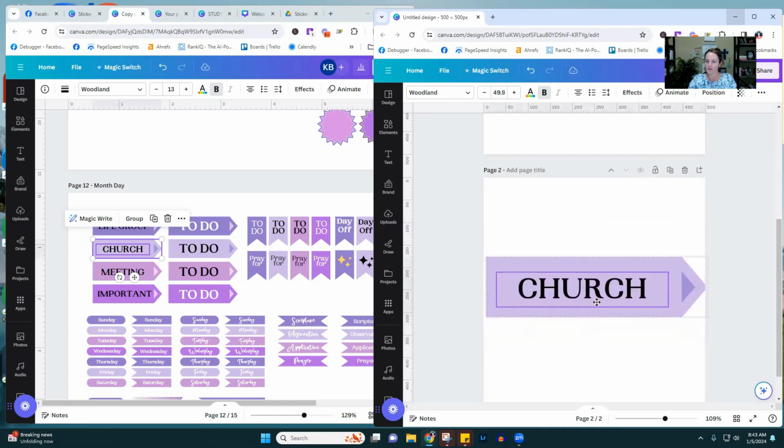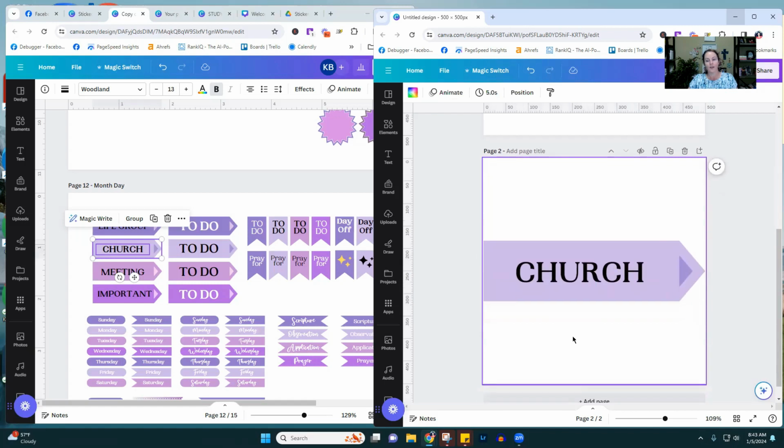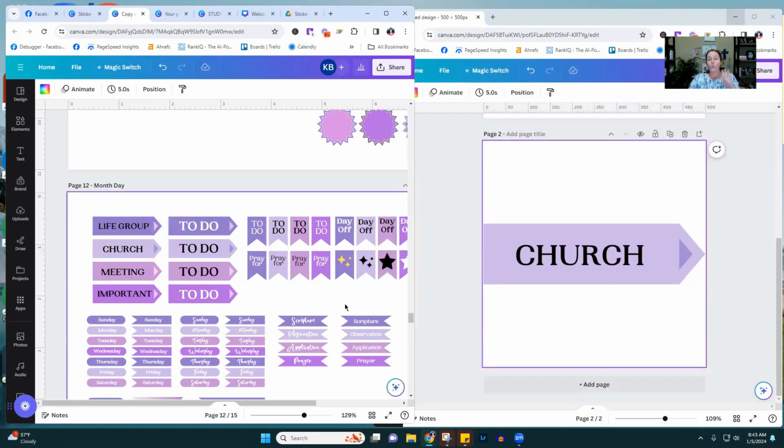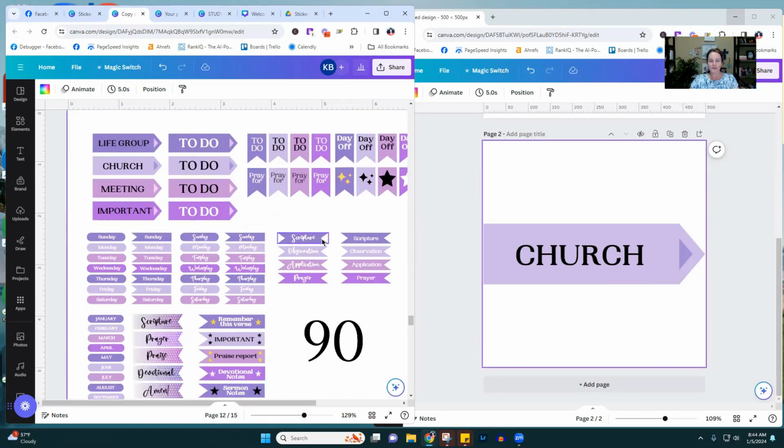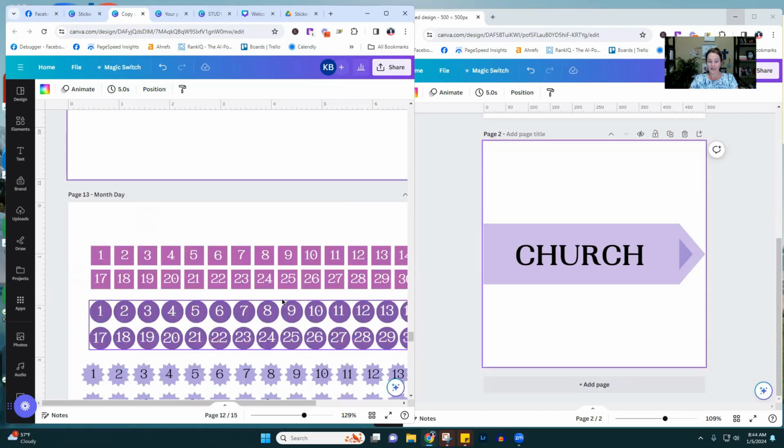Center. So go down the row. What I do recommend for each page, so this page with all these, do one template for all of them and then open up another 500 by 500 for the next page. Here's why. As you're going and going, the more pages you add to this template, the slower it loads. And then it just becomes a pain to sit there and wait for it to load so you can put